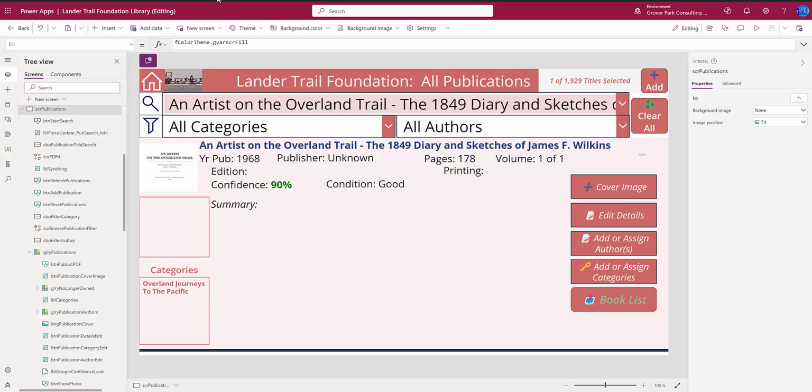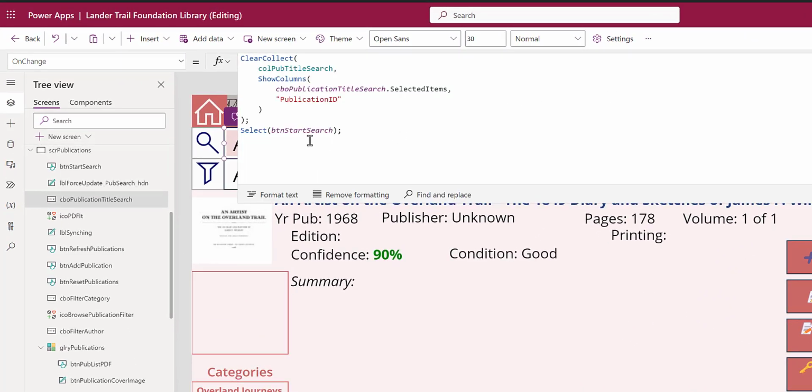Back in Design View, we can make some changes to the controls on this screen to convert it from an automatic immediate update of the collection in the gallery to a deferred update of that collection in the gallery. First, I'm going to disable the code in each of these controls, which triggers the automatic search. The automatic search code is behind this button called Button Start Search. You can see it right there. If I disable that here,